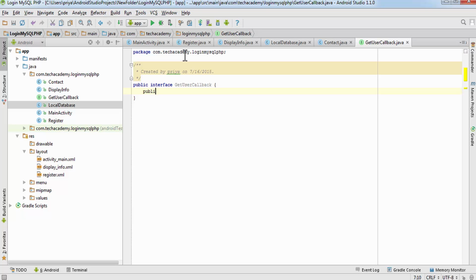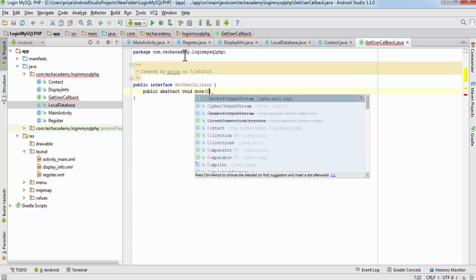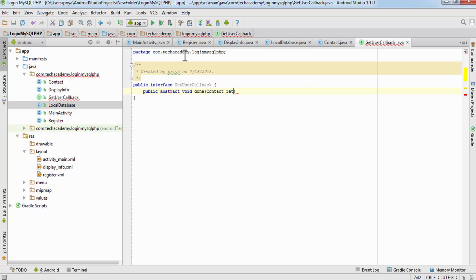Now write public abstract void done, contact returned contact. So interfaces can only have abstract methods, so that's why we have to write abstract here.